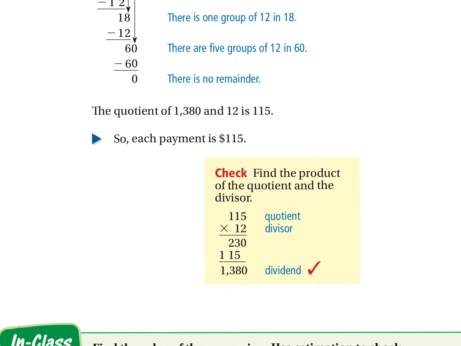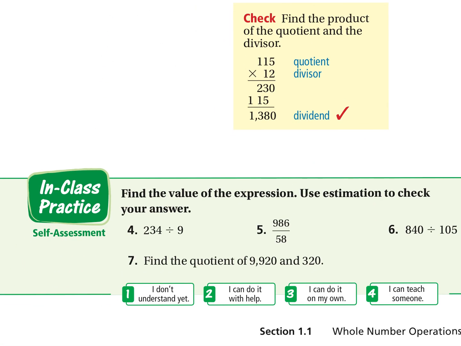How do I check to make sure that I did it right? You can take the quotient, multiply it by the divisor, and you end back up at the dividend, which is 1380. Okay, so that's your completed example. We're going to do a few